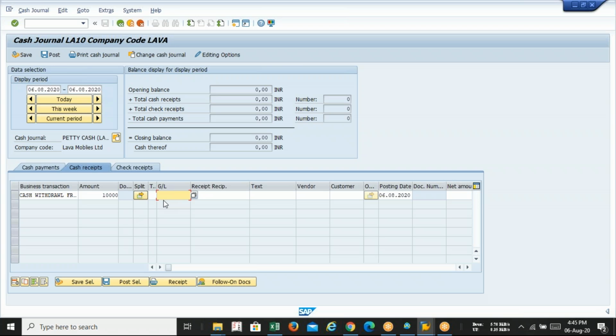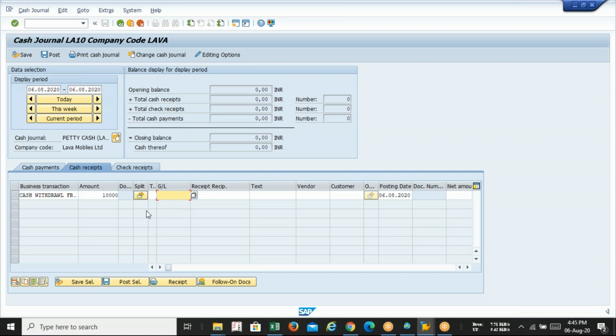If I am going to select the bank GL, which GL do I need to select? Incoming or outgoing? It will be outgoing. I am withdrawing cash from the bank. So if it's a payment from the bank, at the time of payment we are also using outgoing.